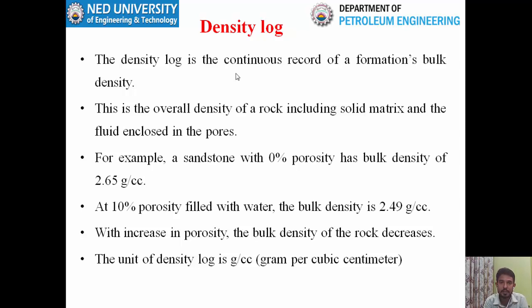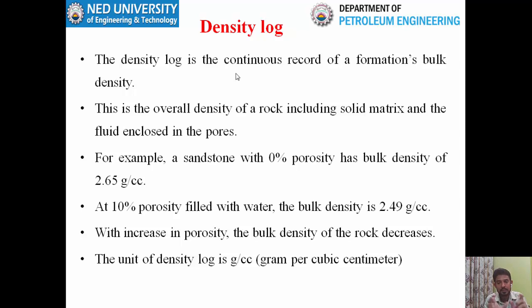So basically the bulk density is a function of the formation's porosity and the formation's fluid content. Each lithology has a different density. For example, sandstone has a different density, limestone has a different density, and so do dolomite, shale, coal, salt and anhydrite, other evaporites. So all lithologies by nature have different